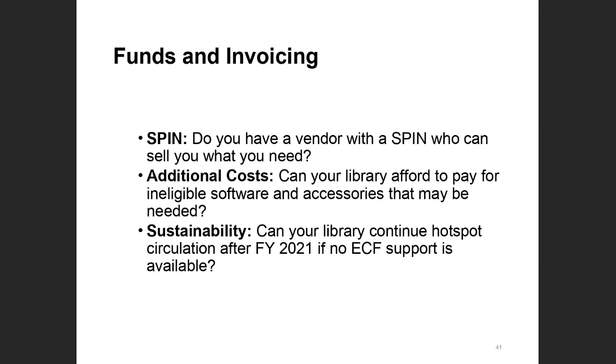And people are poking around to see if there is something that can be done, especially for the retrospective purchases. But the more I've thought about it, the more I think USAC and the FCC aren't going to let us get out of the requirement to have a vendor with a SPIN because of all of the audits and program integrity assurance. They're going to want to know that it's a legitimate vendor that they can contact to verify that a library or school has actually paid for a service.